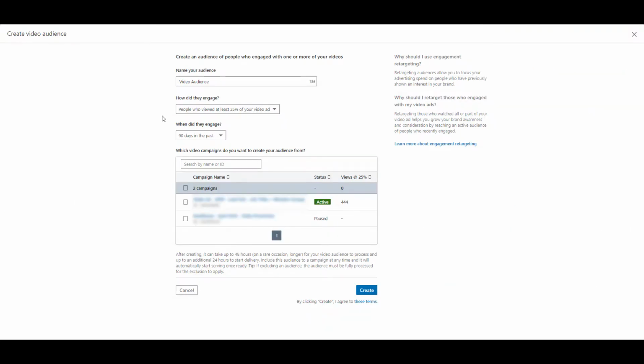I just named my audience really quick, but the first step is really choosing how did the user engage with your video. And here's where some of those columns that we talked about can really play in. We can create audiences based off of anyone who viewed 25, 50, 75, and at least 97% of that video. So the main views at and completions column can really help you decide your audience size on how you may